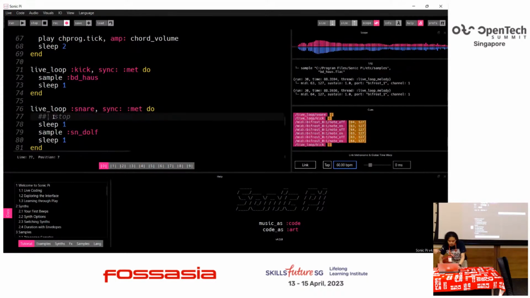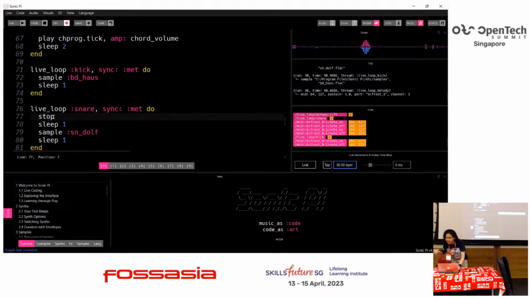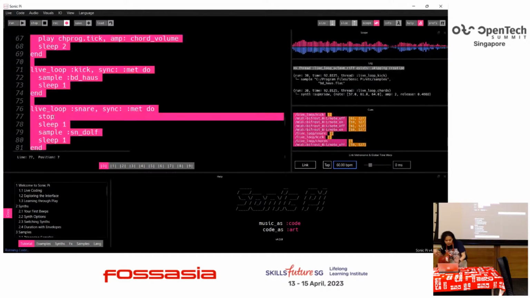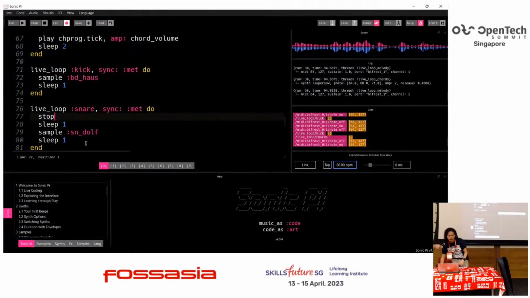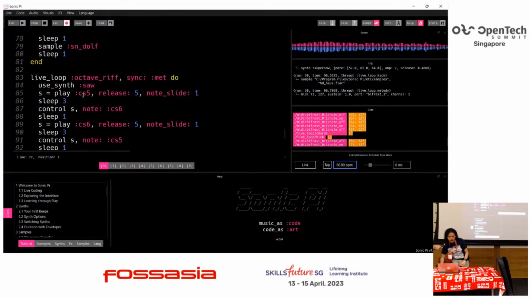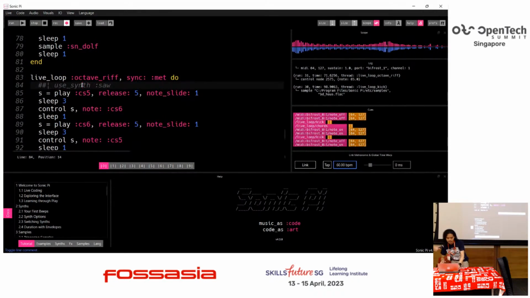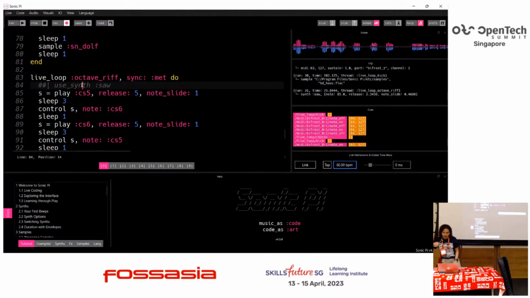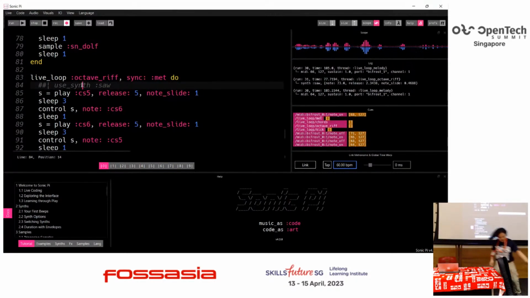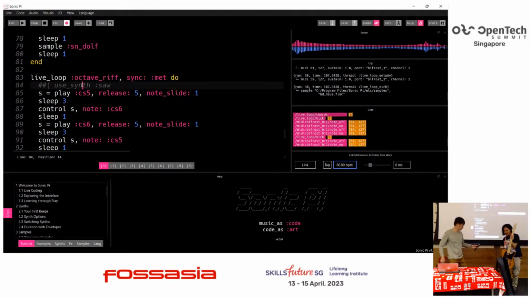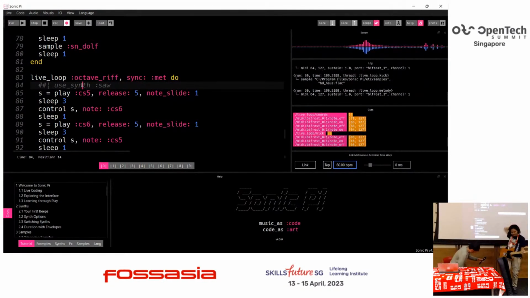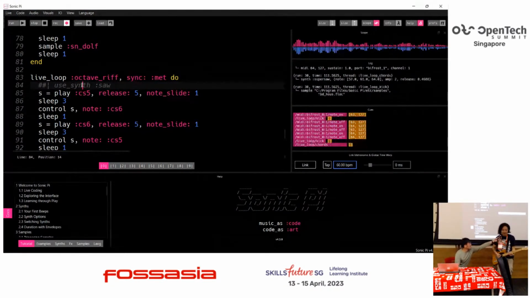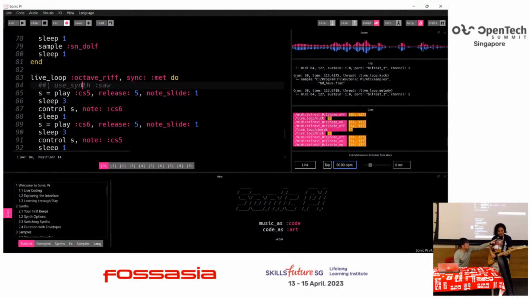So let's say you want to stop the string and then just do the tube thing. You can do that as well. So I just put that there, and then remove, change it to piano. So I haven't rehearsed this, but this is something like